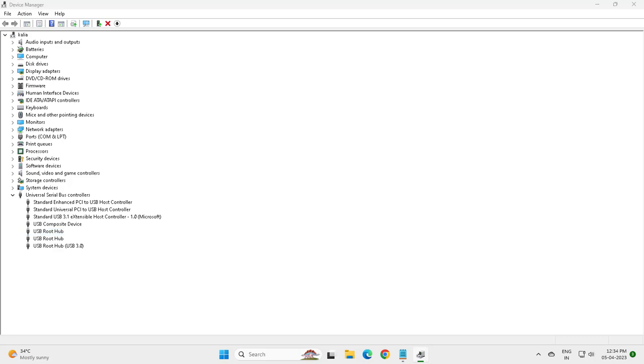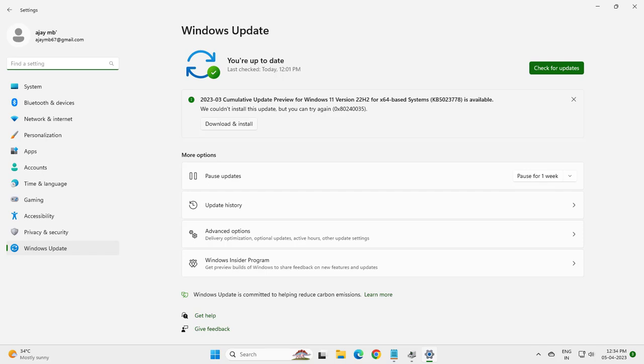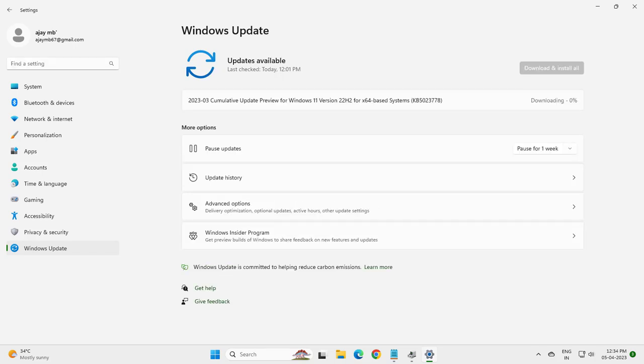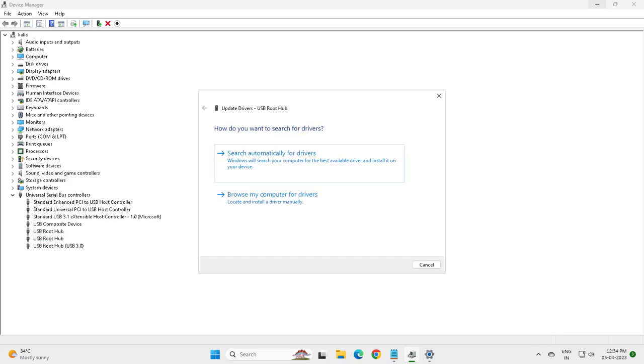Search for updated driver, Windows driver. You want to update Windows to be up to date. You want to install it, and you want to update the driver of these also,